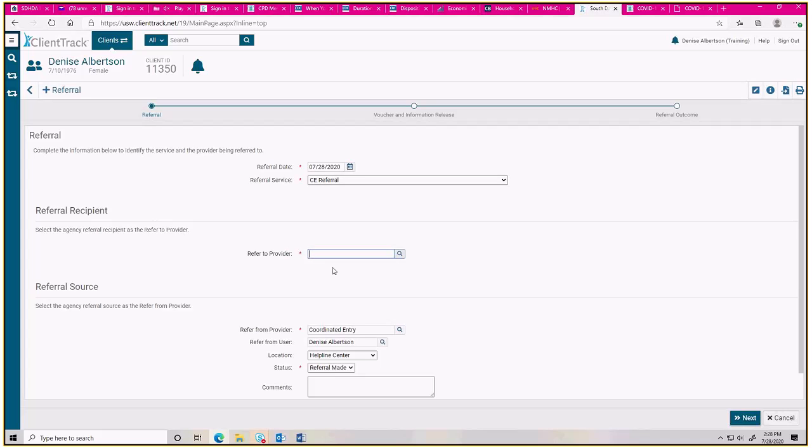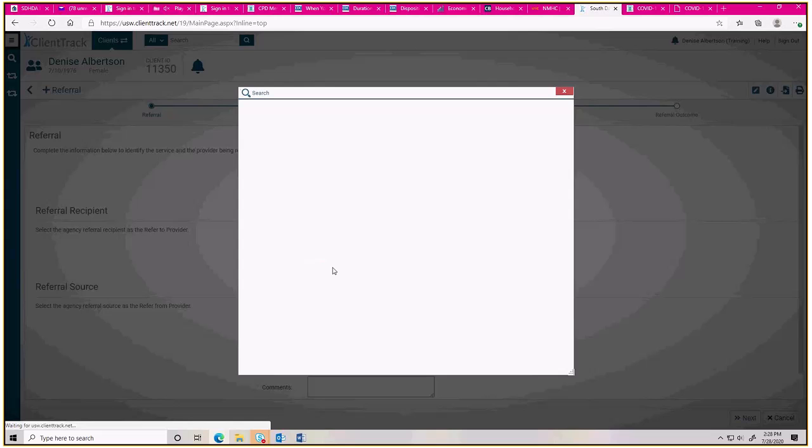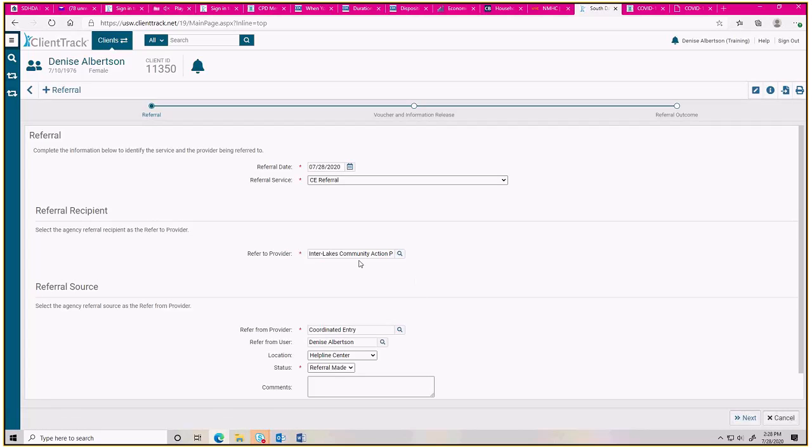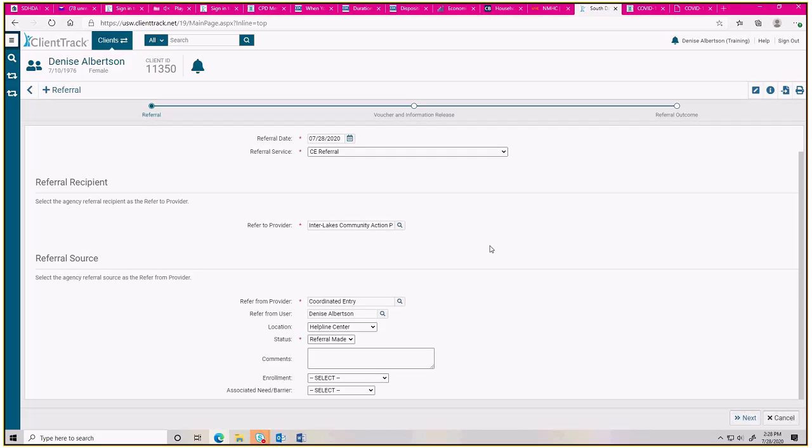And my person was listed in Sioux Falls, so I'm going to use Interlakes. I just started typing in INTER in here and it auto-populated. So you'll see, and again, I think a lot of the referrals are happening from Davis and I at this point. But I want you guys to see what this referral looks like on our end